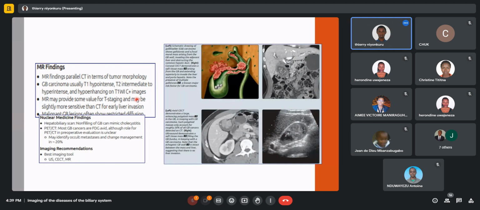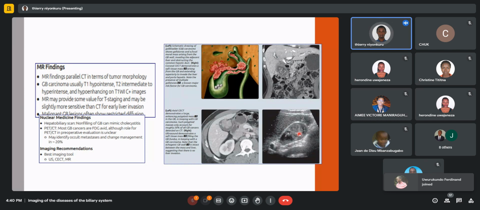So on this axial CT scan, we can visualize this polypoid enhancing mass which is filling the gallbladder lumen. This is highly associated with gallbladder carcinoma. And on ultrasound, you can see this mass, which appears